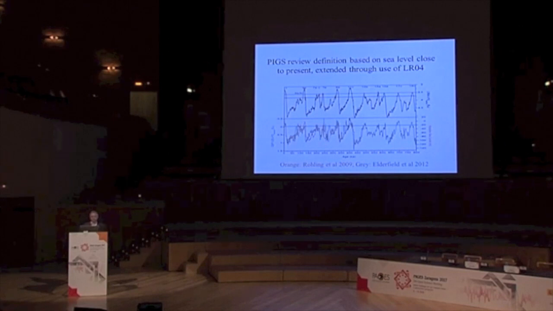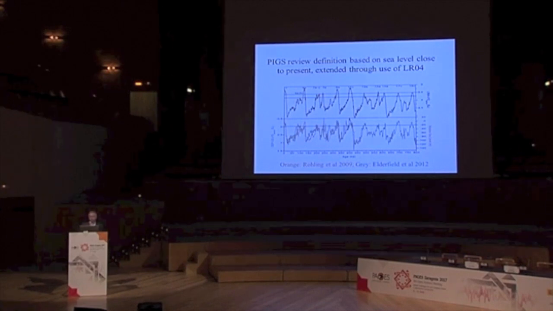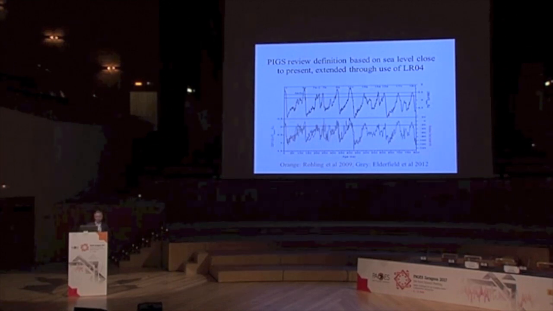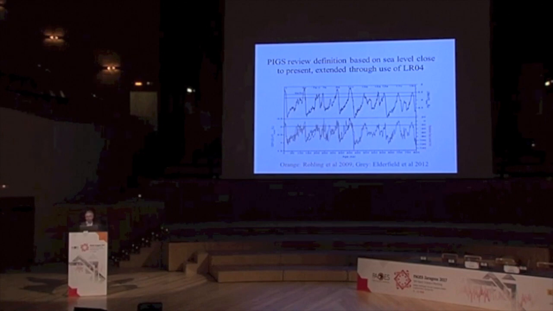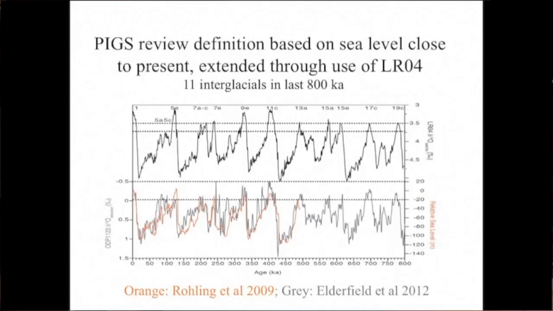So we ended up defining interglacials based on a kind of sea level definition, but actually, to be honest, our sea level records are not sufficiently consistent between themselves to use just that. So we extended it by using LRO4 criteria for what made an interglacial. And I'm not going to go into that because although we found it endlessly fascinating, I've realized in successive talks that other people don't. So all I'm going to say is that we ended up saying there are 11 interglacials